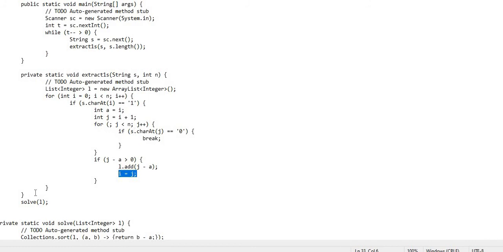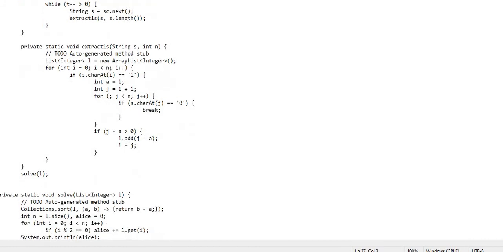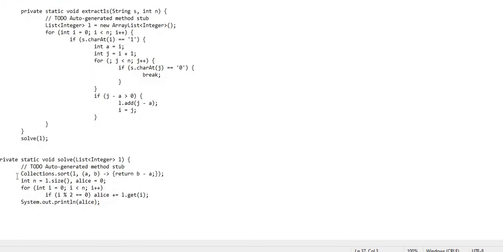Once it is done, I call this solve function, and in this solve function I initially sort this list in descending order. After that I iterate through this list of items, and I am checking Alice's turn only.